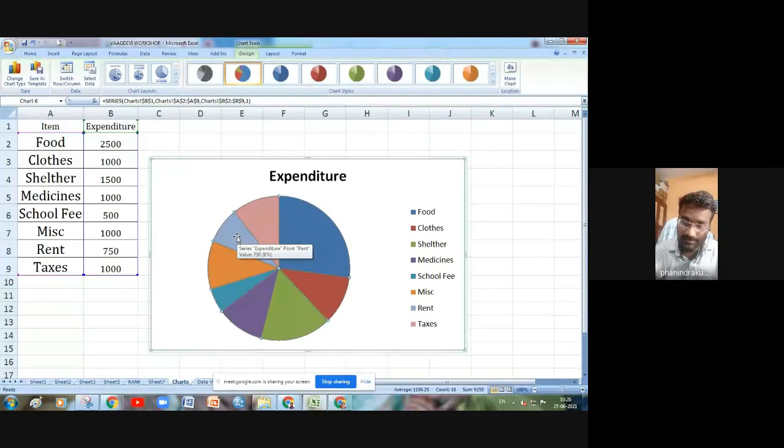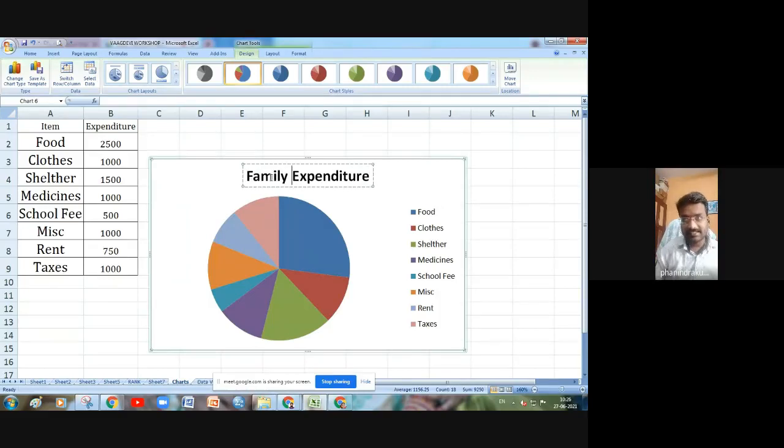It is only visible when you are working on a system. But when you are presenting the report by copying it anywhere, how do you present the data? It's very difficult. For presentations, we need this. This is called a chart title, and I can edit the chart title like this: family expenditure of